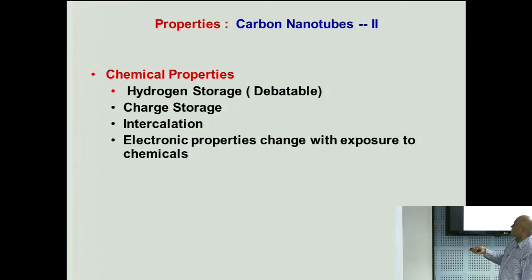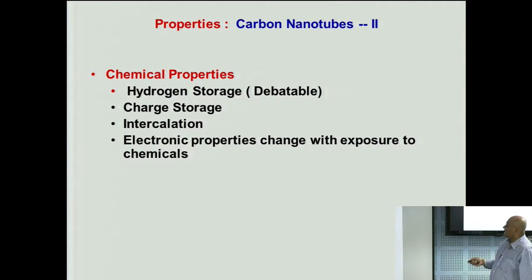Chemical properties of carbon nanotube, as I said, the inside hole can be used for plugging in a lot of other things, the hydrogen storage, charge storage. What is intercalation? That means if you can't put it inside the holes, then the nanotubes are bundled, so you can put it in between the layers. So, that is what most of the time you think of as storing things inside the hole, actually